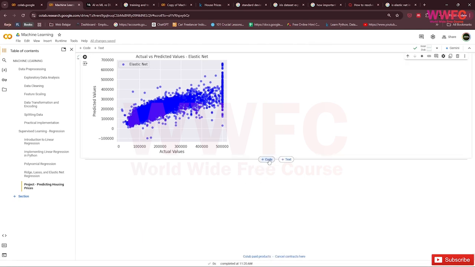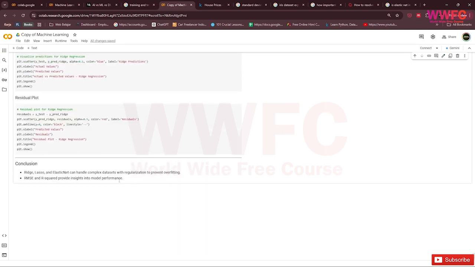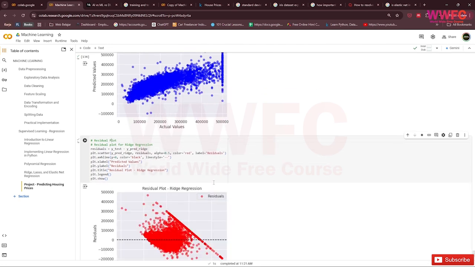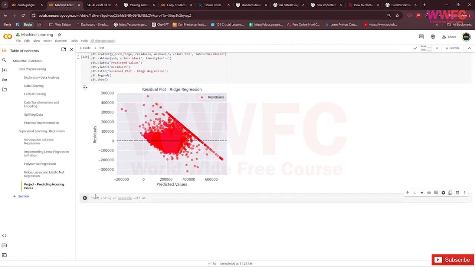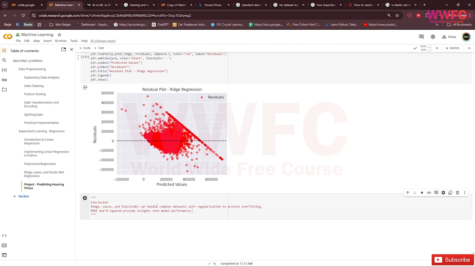Okay. Also the last one we can check is residual plots, which is in here. So this is the residual plot for ridge regression. The interpretation is, so ridge, lasso, and elastic net can handle complex datasets with regularization to prevent overfitting. So RMSE and R square provide insight into model performance.